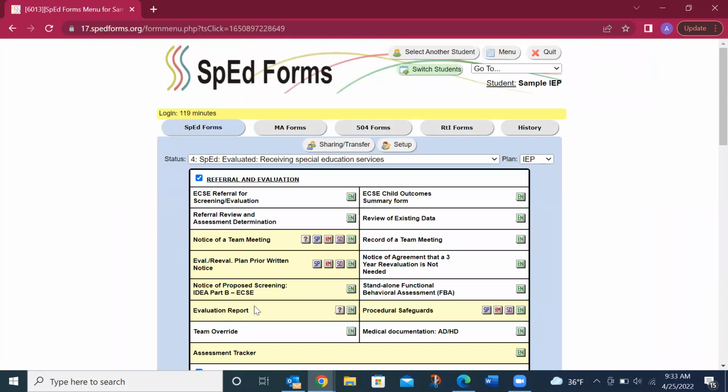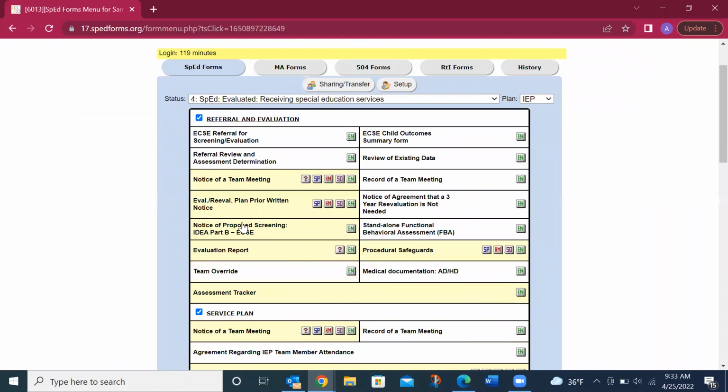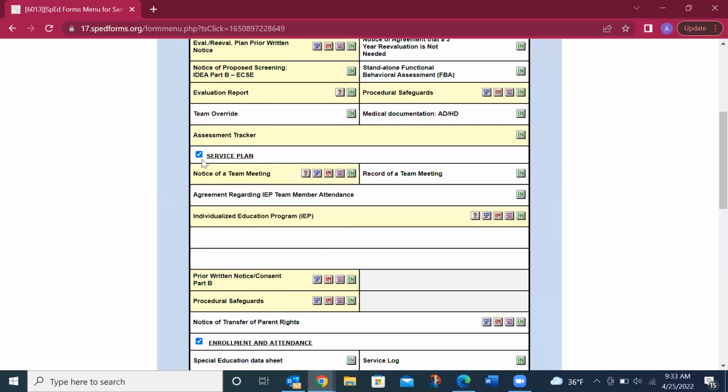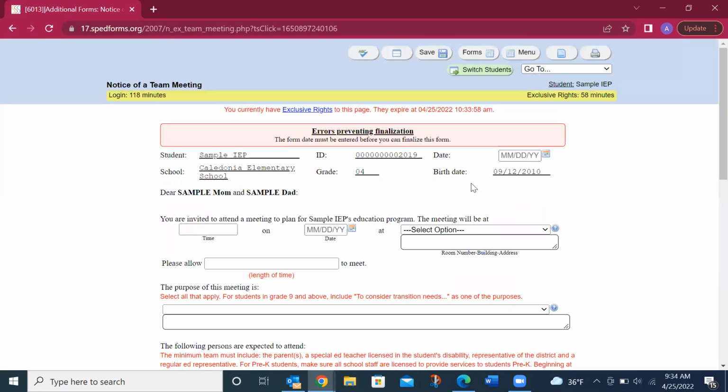Once I'm on the sample student page, I'm going to scroll down to the service plan section and click notice of team meeting. The notice of team meeting will be filled out anytime that the IEP team is going to meet formally. We want to provide the family with notice of that meeting so they know the date, time, and purpose,